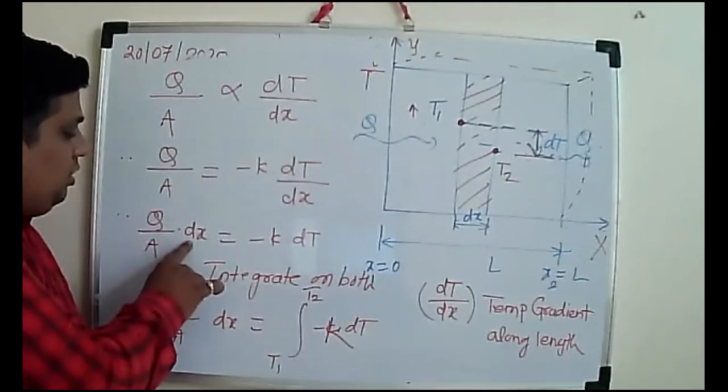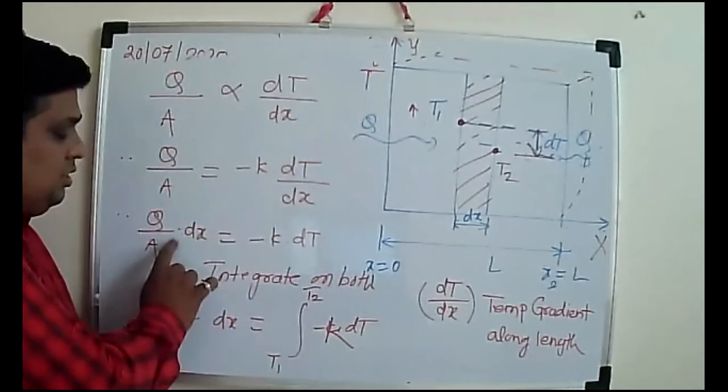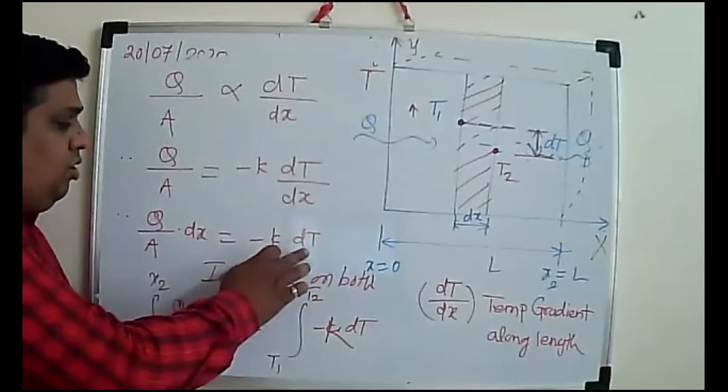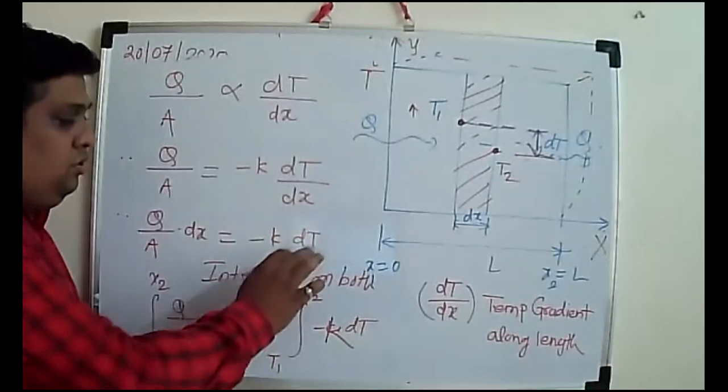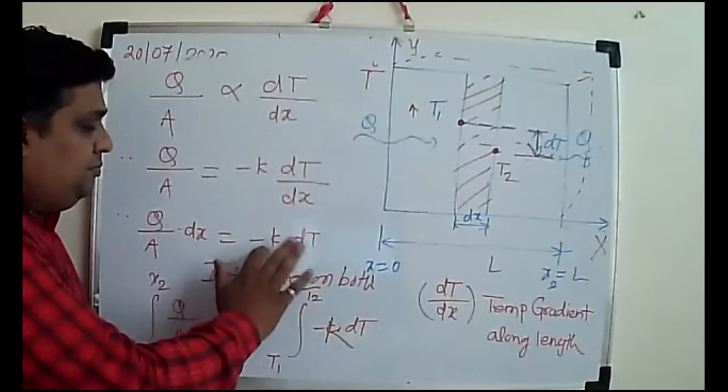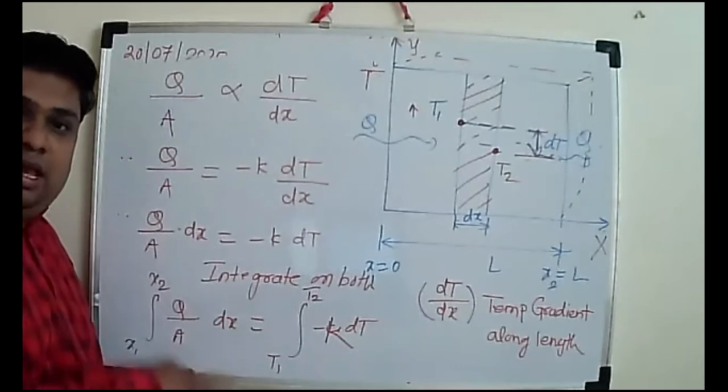Q by A into dx, ये dx लेफ्ट हैंड साइड में ट्रांसफर कर दिया और यहाँ पे सिंगल वेरिएबल रखा, एक साइड में एक ही वेरिएबल होना चाहिए।